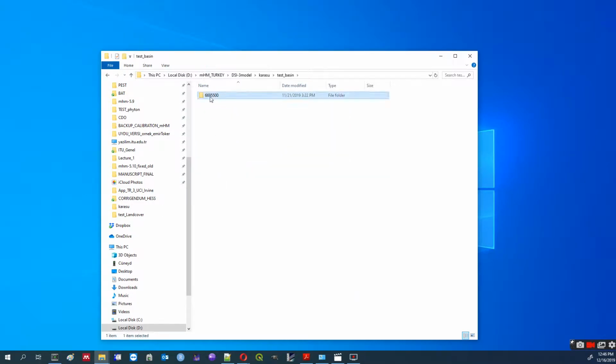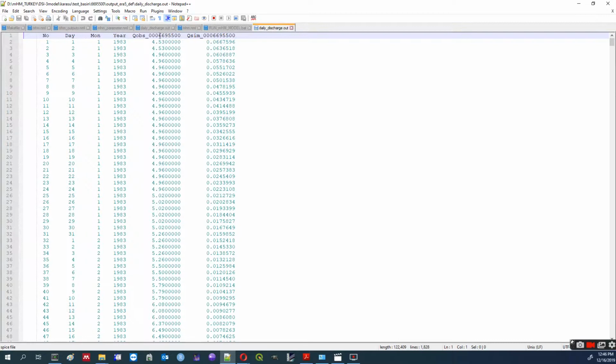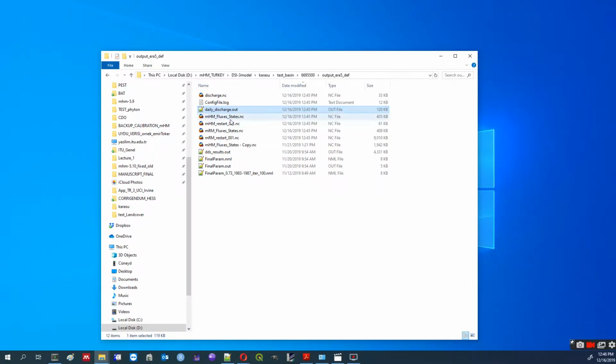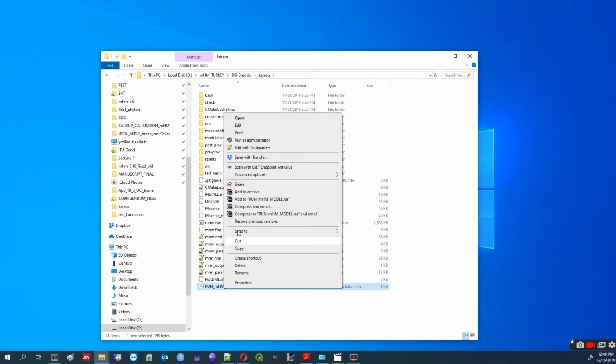Let's see the outputs. You want to see the outputs, then you need to see the outputs here, simulated, observed, and that's it. So first thing you need to do is double click this batch file, but before that you need to update